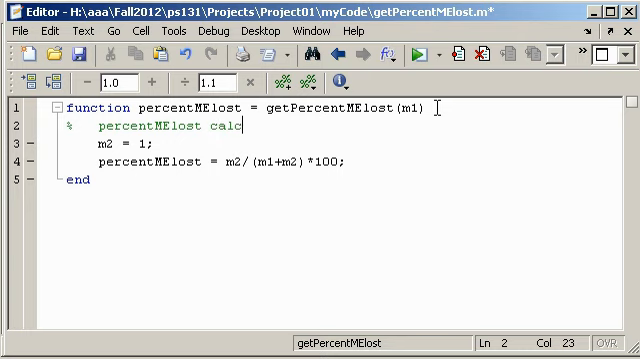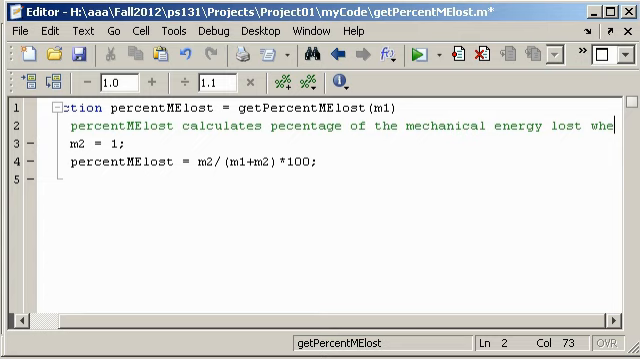calculates, and again this is some creative writing in here. You want to use your own words in here, don't just copy mine. But I think what it does is to calculate the percentage of the mechanical energy lost when